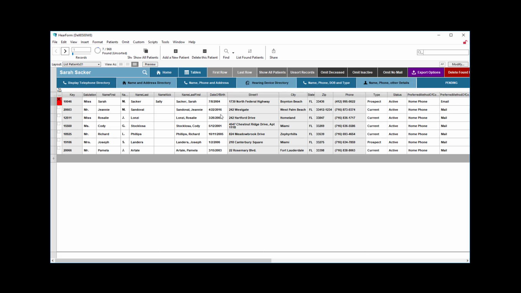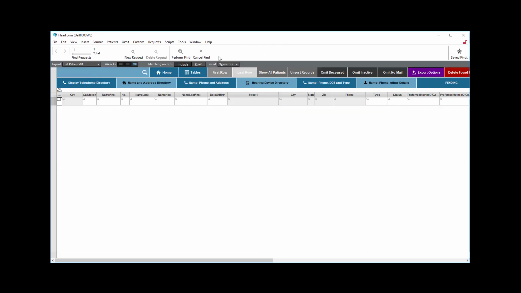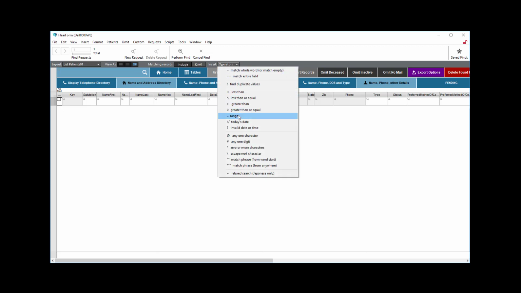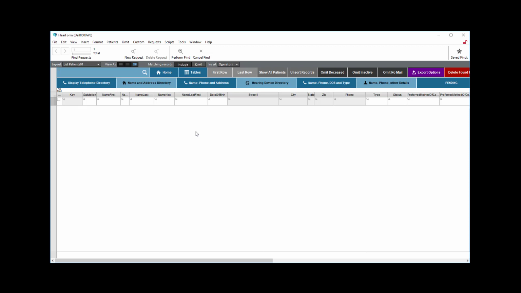I can search number fields as well. I don't have any number fields on here, but for example, I could find all patients in the financial module who owe greater than $99, or as you'll see in a moment, who have a range. So let's look at that. So when I look here, I have a range, 3 dots, 3 periods. So I could find everybody who owes me between $99 and $200, for example, or whose date of birth was between